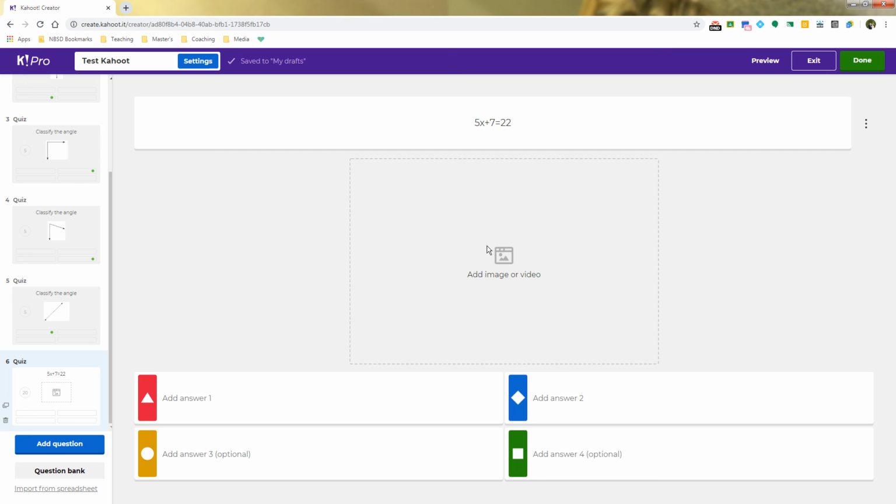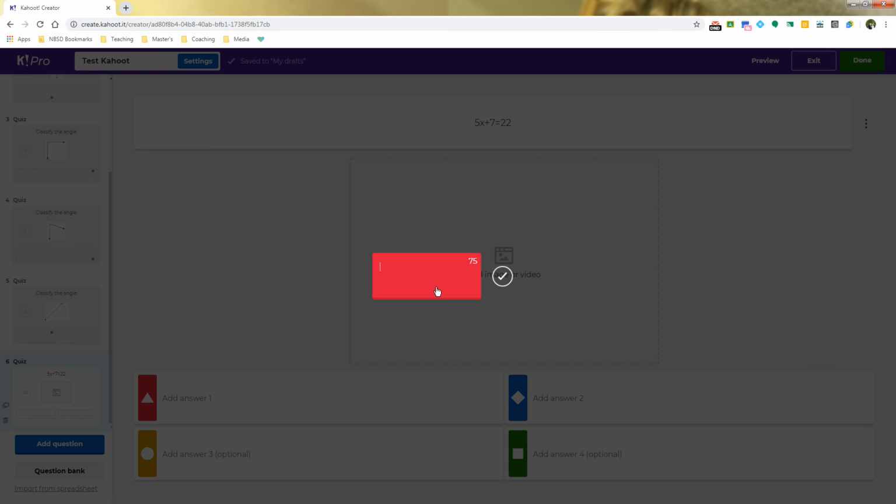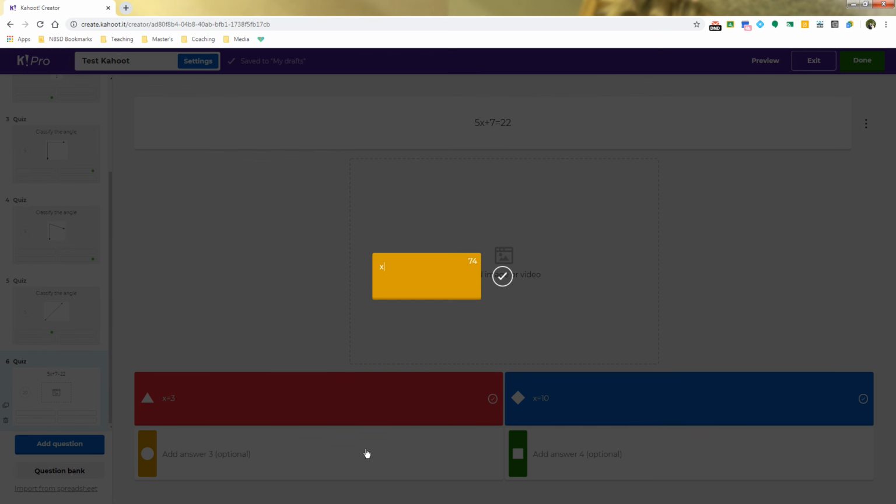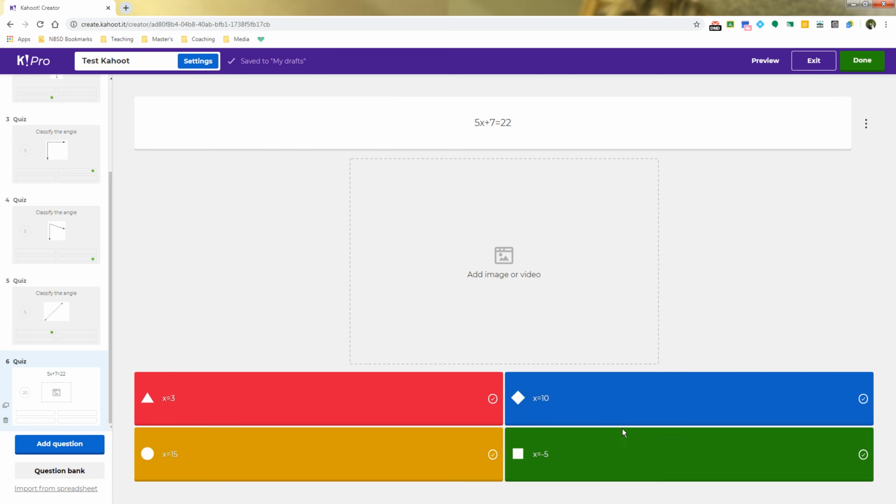And I can have no image here, or I can just put in some kind of a maybe different looking background, whatever I want to put in here. And then in all these, you just want to put what your possible answers are. Let's say x equals 3, x equals 10, x equals, well, let's put a good one in there, 15, and x equals -5. So one thing that you'll notice is that in putting the answers this way, it's not